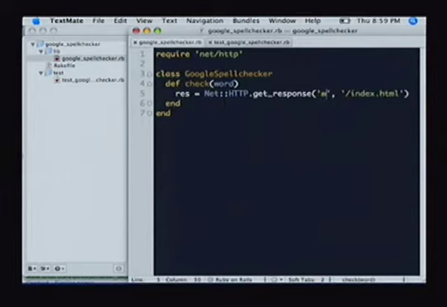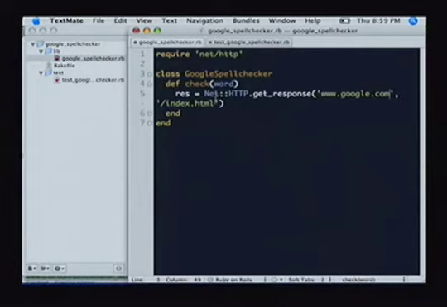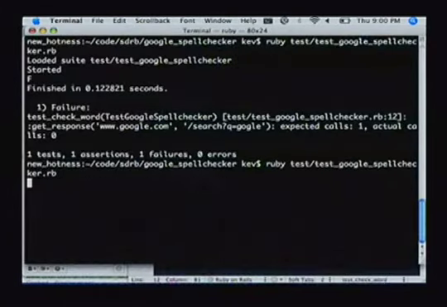So, google.com, and since we've already constructed our search query, in this case we don't actually want it to go to Google. We want it to go with the word that we're working with. So, string interpolation and word. So now, when we pass in check and pass in goggle, this is what we expect. So if we rerun our test,